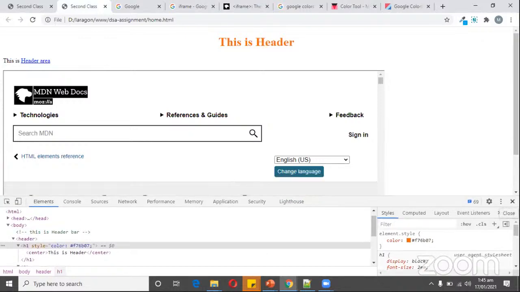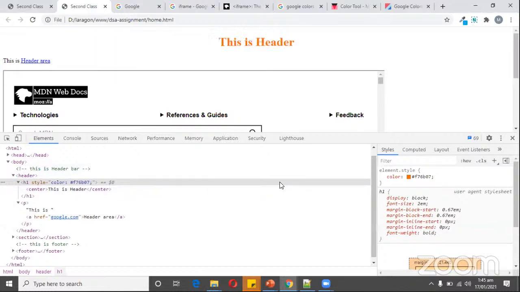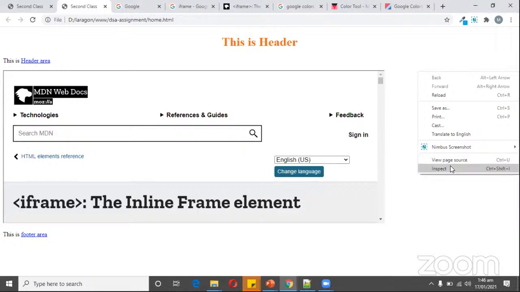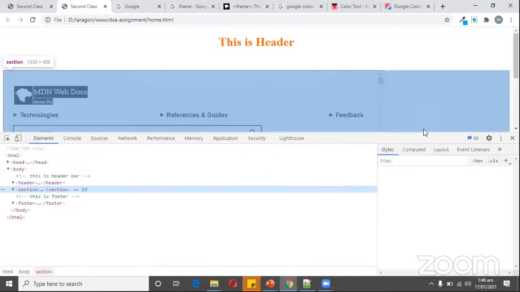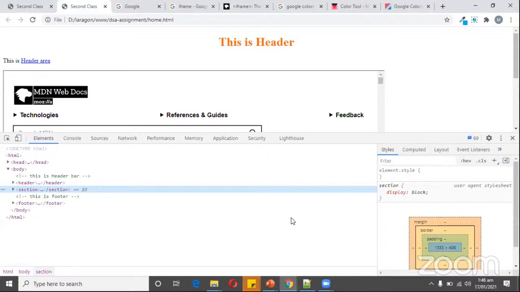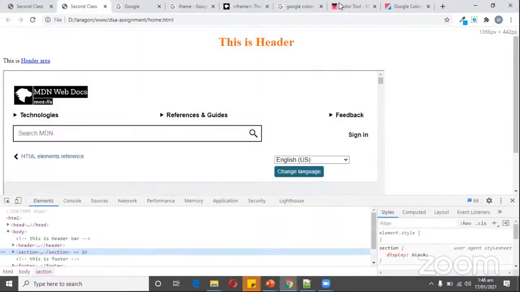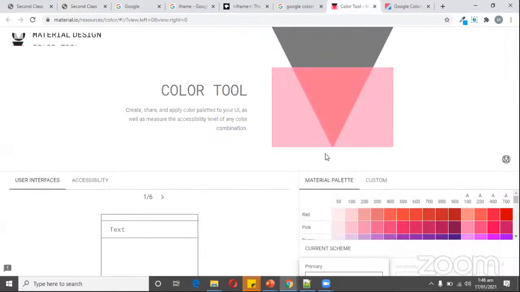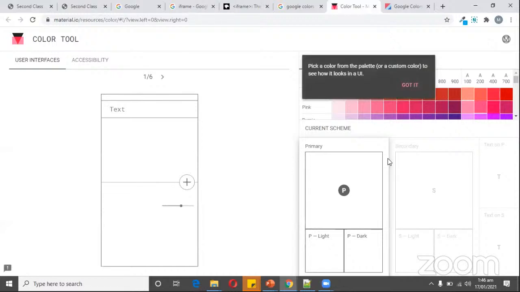Okay. So can anyone please tell me how we can open this window? I've already told you: right click and inspect. Okay, great. Okay, thank you. So you can see this. Okay, no problem. So we can use a color code from this,